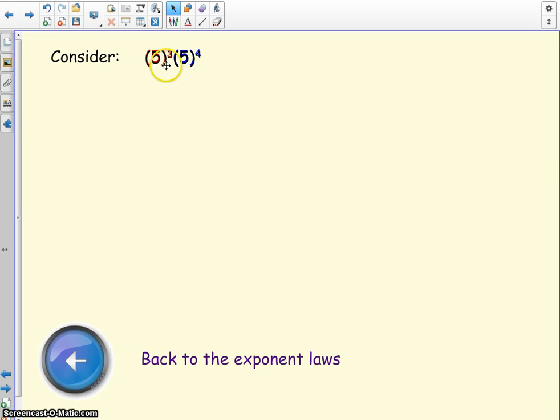Okay, so let's take a look at an example of 5 to the exponent 3 times 5 to the exponent 4. If we write this out in expanded form, 5 to the exponent 3 is 5 times 5 times 5. 5 to the exponent 4 is 5 times 5 times 5 times 5. When you multiply those all together, you'll see that now we have 7 5s, so we can simplify that as